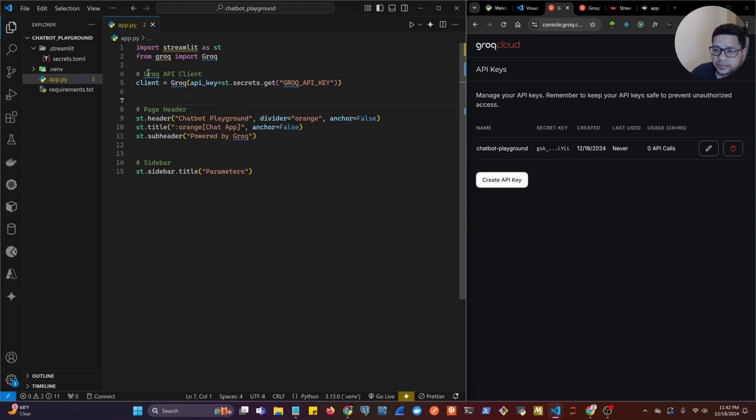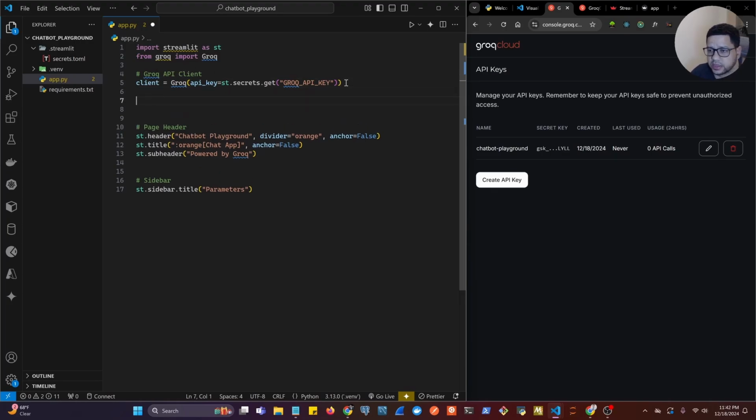Now let's stay here at the top, and in here I want to initialize two properties inside of the session state object, which is an object that is going to keep the values even if the page re-renders. So I want to add an LLM property and the messages. So let's start with